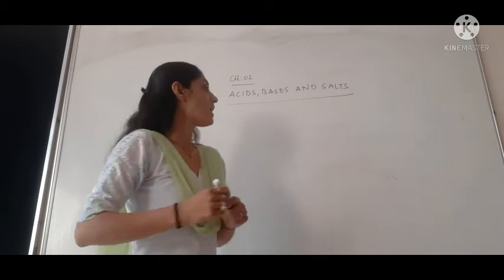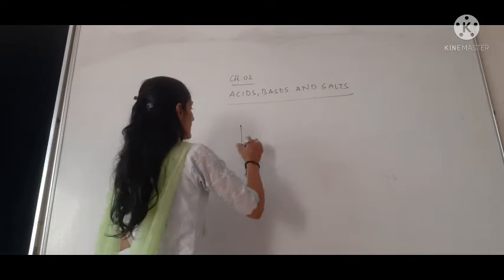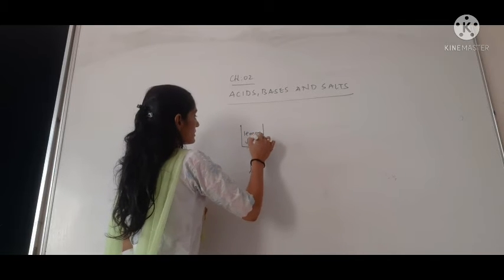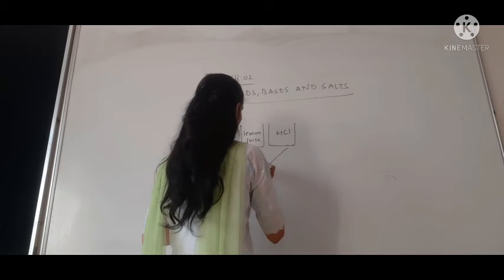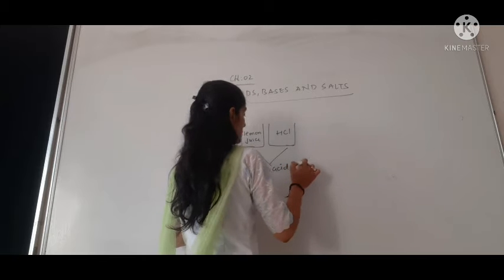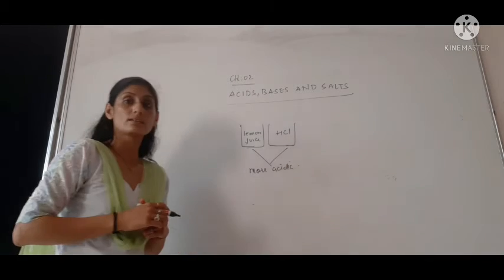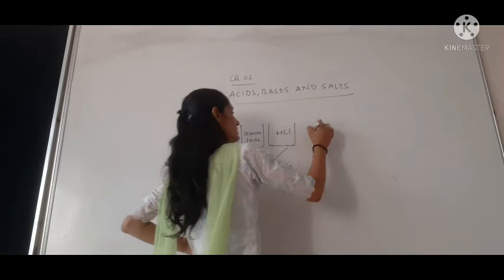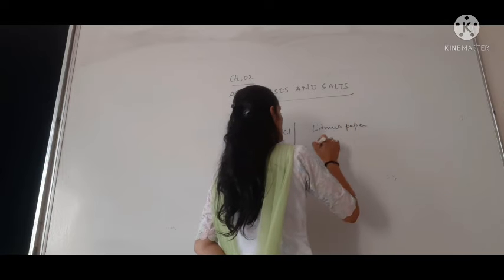In the same manner, how strong are acids? Those solutions. In one beaker I have lemon juice, and in the other beaker I have HCl. From both of these, which is more acidic? That we have to find. And how are we going to find it? Both are acids, which we can confirm either by litmus paper or any man-made indicator.